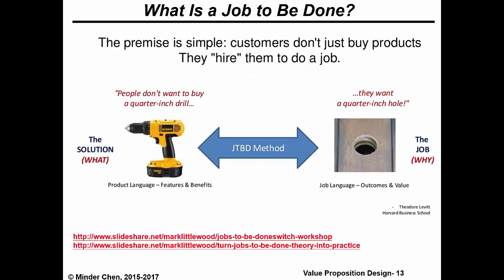And so job to be done is best described in the following way: customers don't just buy your product or acquire your services. They hire the product or services to get a job done. And there's a famous example that people use to help us understand job to be done, which is that people don't want to buy a 1/4-inch drill such as this one. That's kind of a solution. However, what they really want is a 1/4-inch hole. So if you have a different solution which will deliver a 1/4-inch hole,